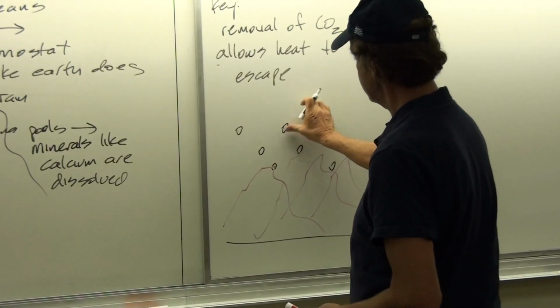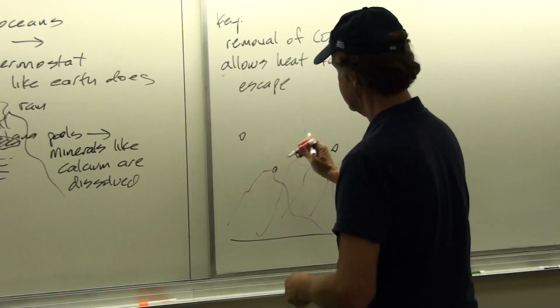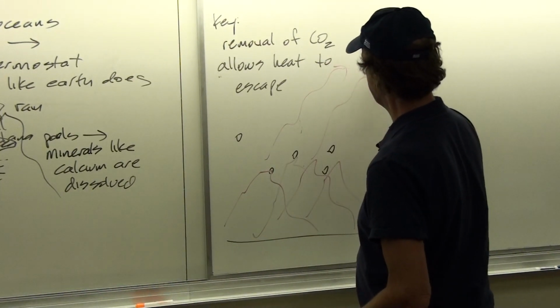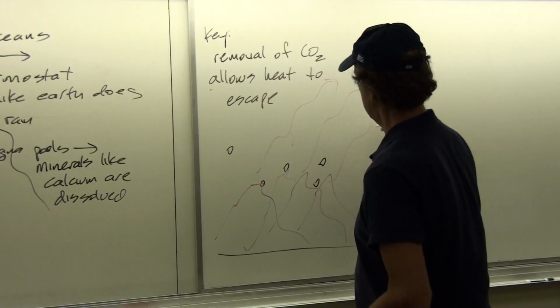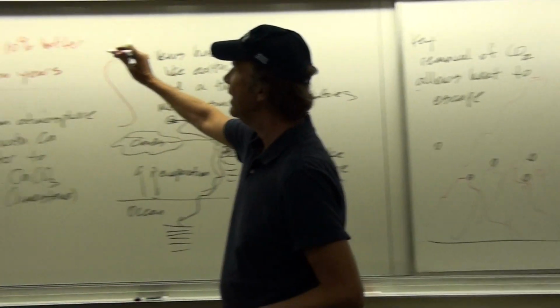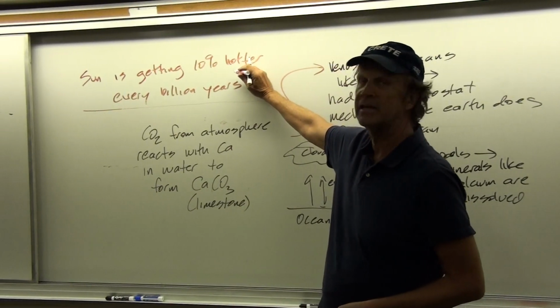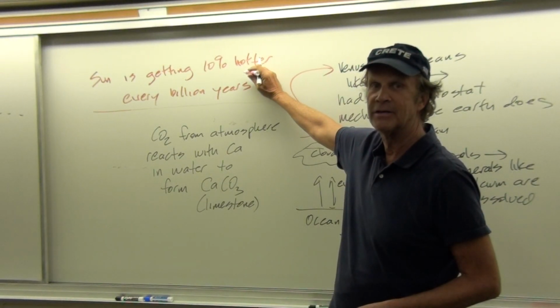But if you can remove a few carbon dioxide molecules, then some of the heat can escape. And so that can make up for the fact that the sun is getting about 10% hotter every billion years,